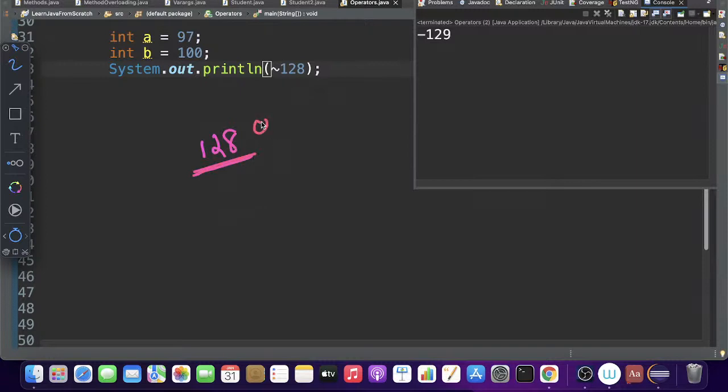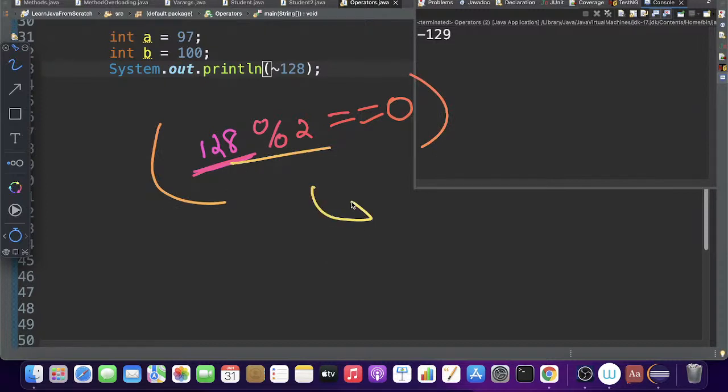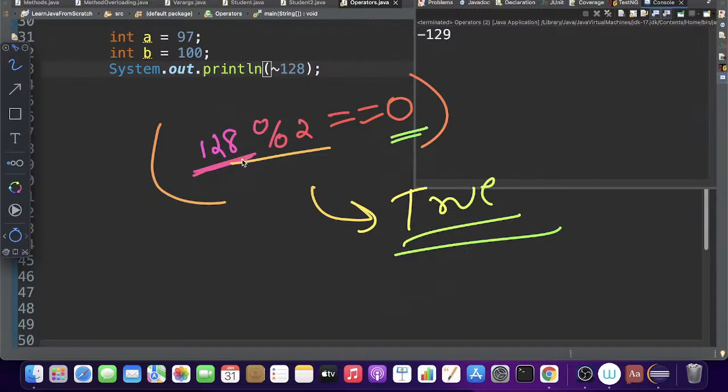So you will do mod of 2, correct? And if the resultant is equal to 0, or I can say if the remainder is equal to 0, then we have to say true,